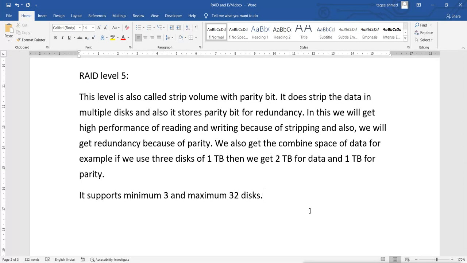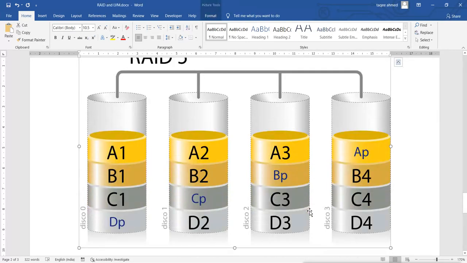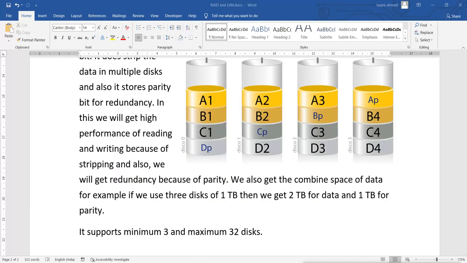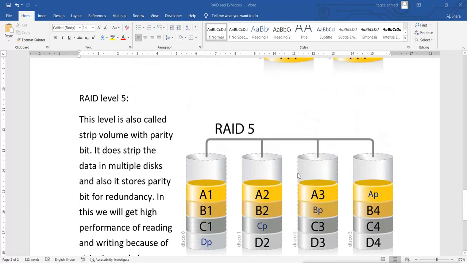So normally for RAID level 6 you need minimum 5 disks. Mostly people configure RAID level 5, and this is what RAID level 5 is.